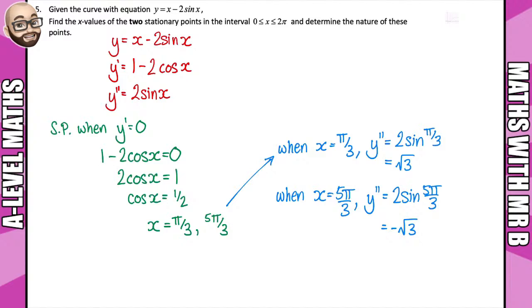And then if we want to maybe write a conclusion here, we can then say when x equals pi over 3, we get a positive number that is bigger than 0. Therefore this one's going to be the min. This one at the bottom is less than 0. Therefore it's going to be the maximum. So we've got a minimum when x is pi over 3. We've got a maximum when x is 5 pi over 3. And just to prove that one,